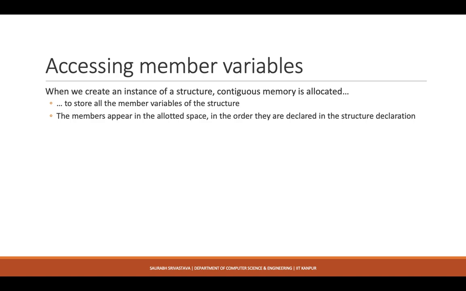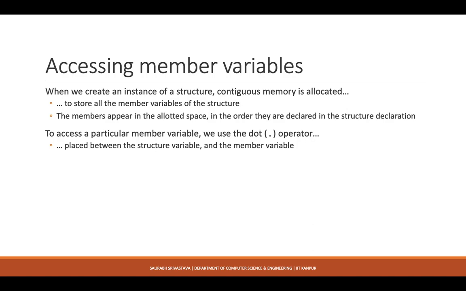So in case of passenger vehicle, the first member was that character array. So in the allocated block, the first space will be occupied by that particular character array. The next space will be occupied by the integer variable that is defined next, and then the third variable, which was a float variable, comes towards the end in that allocated block.